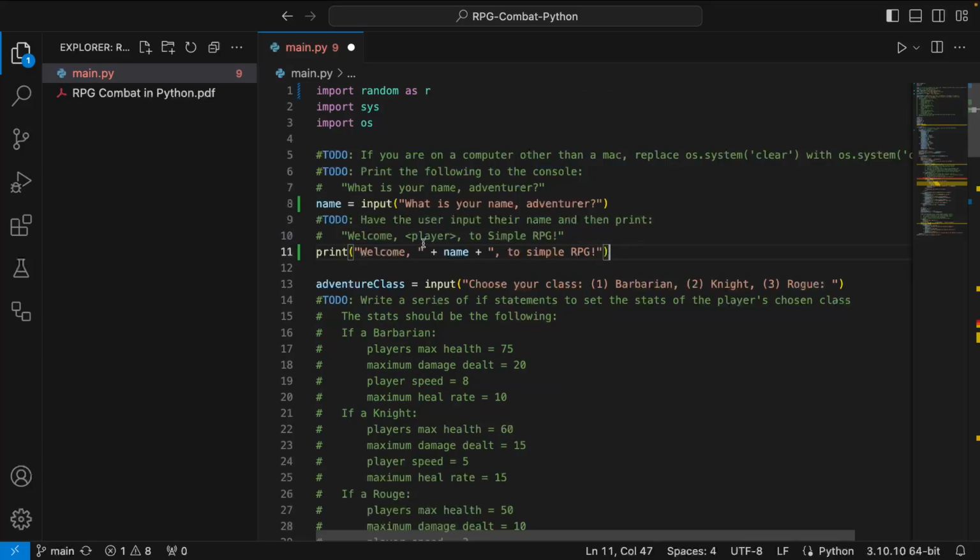Now, you say you were having trouble with spaces? Yeah, all you have to do is put that space inside the quotes. So now it's going to say welcome, comma, space, name, and then right here you want to do another space to Simple RPG. That should get you your spaces. Yeah, using that F helps. So let's try it that way now.